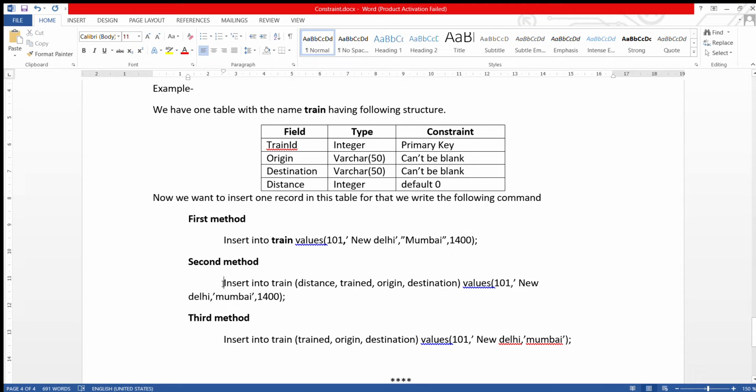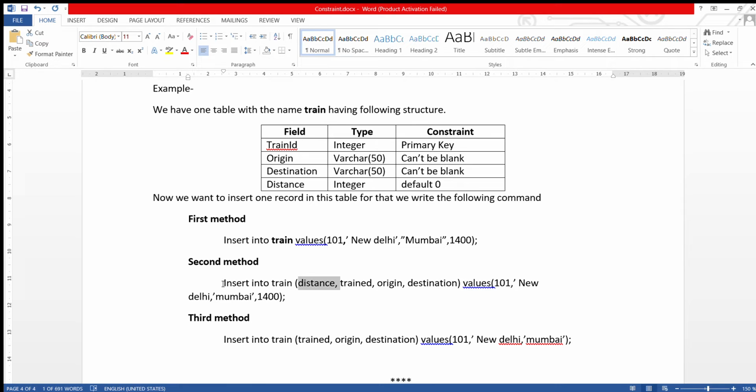In the second method, the command is the same, insert into train, that is your table name. Then after that I have mentioned the column names. Now suppose I received a list which contains columns in a different order compared to the structure of the table. Means the printed or typed list which I received, the sequence of the columns is not matching the structure of the table.